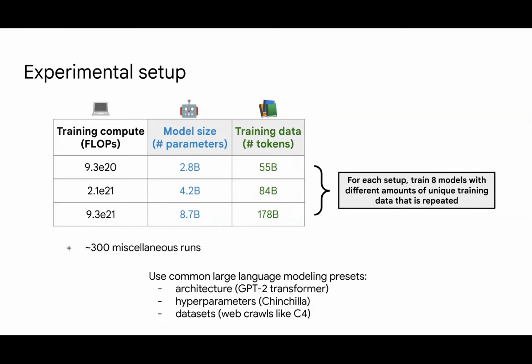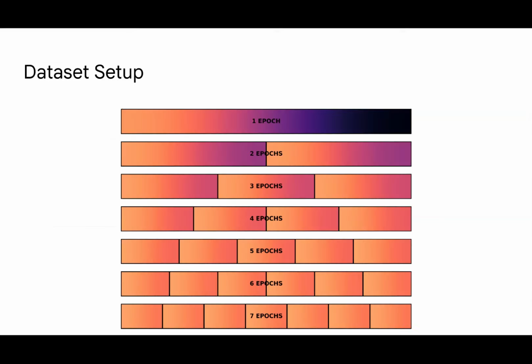We utilized two web corpora, C4 and Oscar. In order to test the effect of repeating data for each of these models, we divided the data up into smaller bins. We trained the model 8 times, each of these with a different number of repeated data. To make things simpler, we use the term epoch. When we mean one epoch, it is one run over the entire data. But when we use the term 2 epochs, we mean that we repeat the data twice. This effectively means using half the amount of unique data.